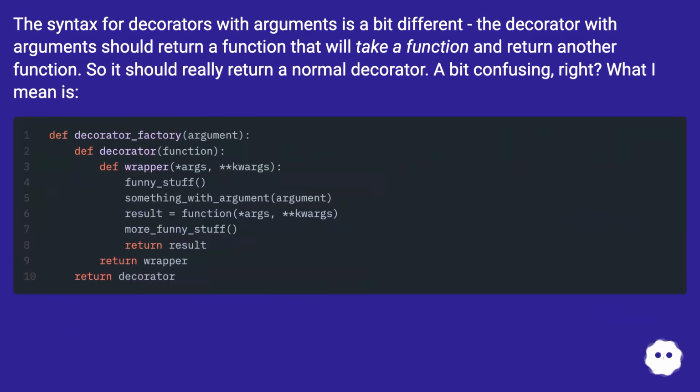The syntax for decorators with arguments is a bit different. The decorator with arguments should return a function that will take a function and return another function. So it should really return a normal decorator. A bit confusing, right? What I mean is,